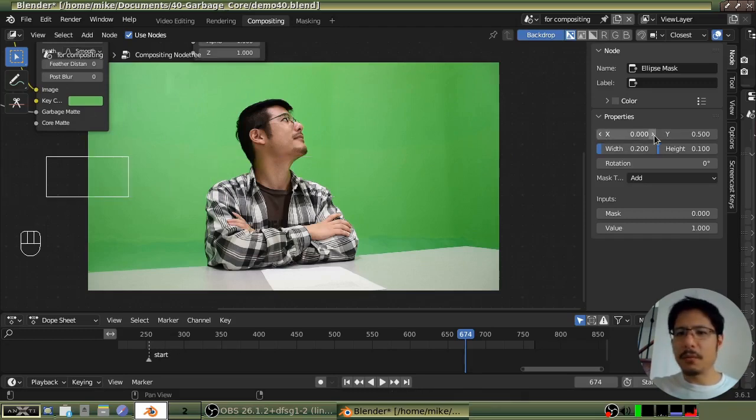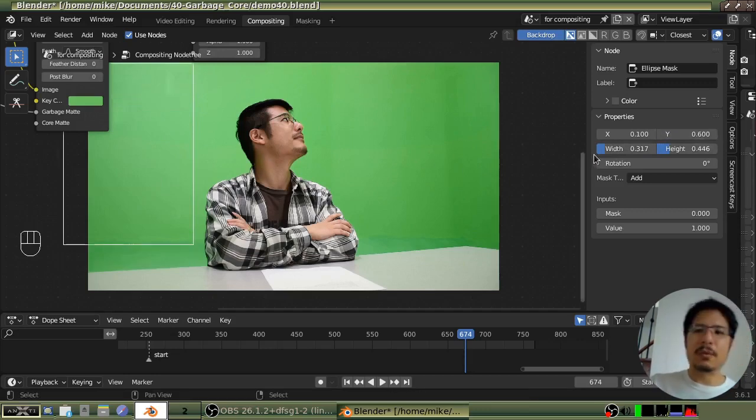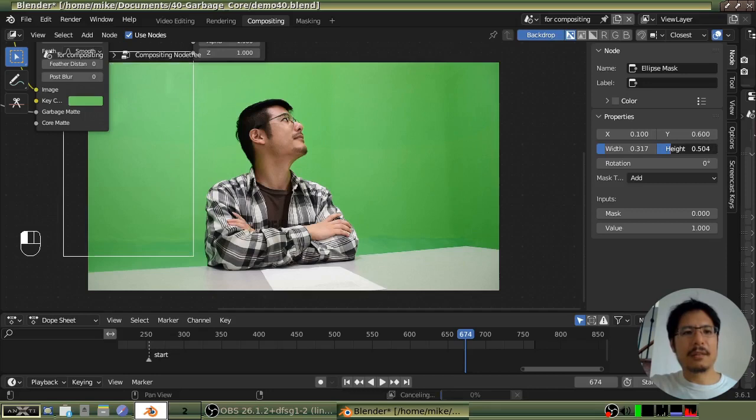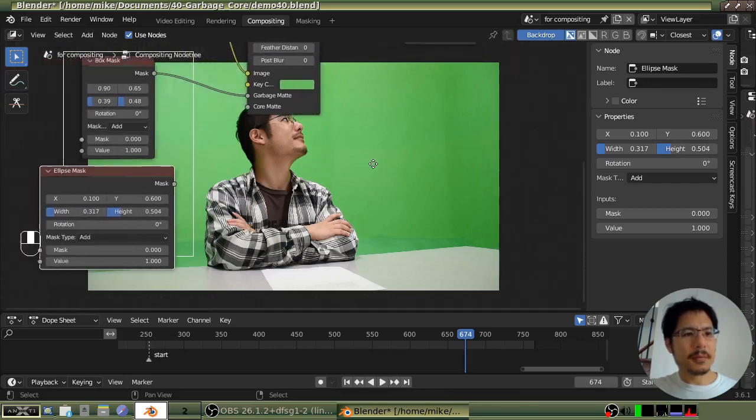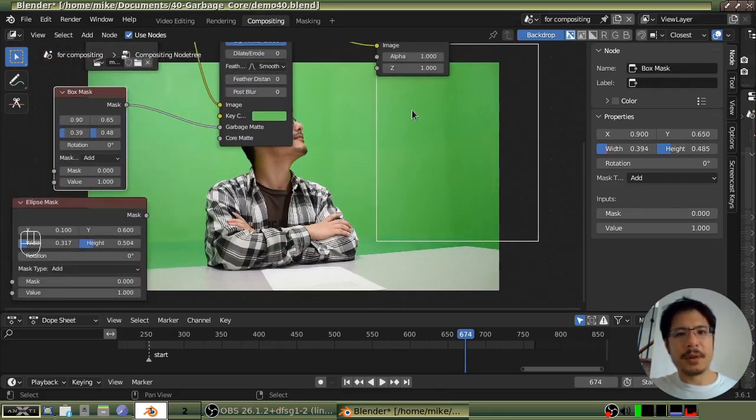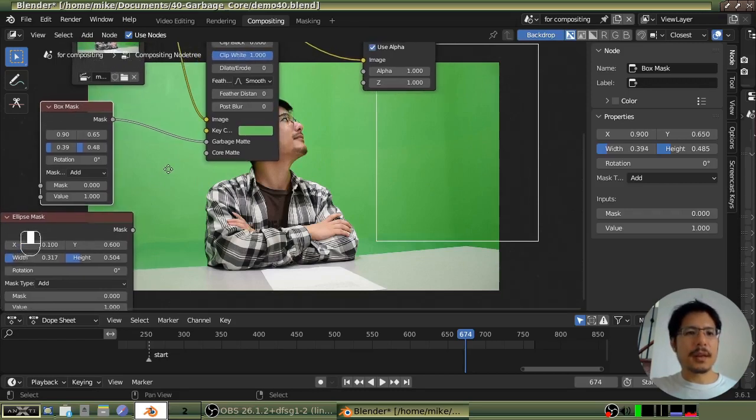Wow, it moves quite quickly. So let's make this a little bit, well, it doesn't have to be perfect, like I said, just relatively close to what we're after. And I think that's good enough. Okay, so we now have our ellipse mask over here, and we have that box mask over there. Now, let's go ahead and